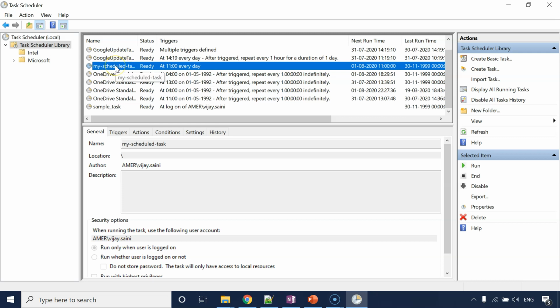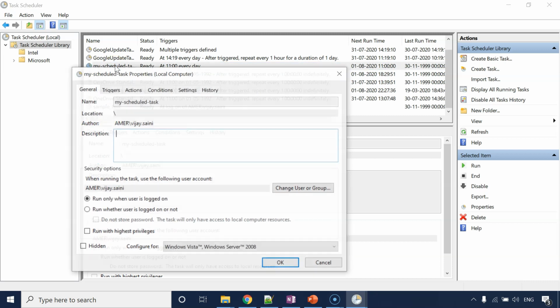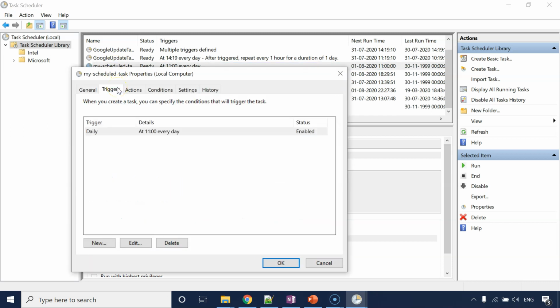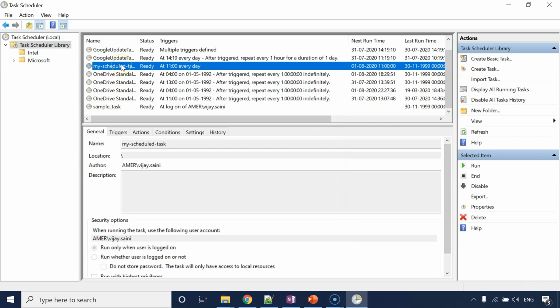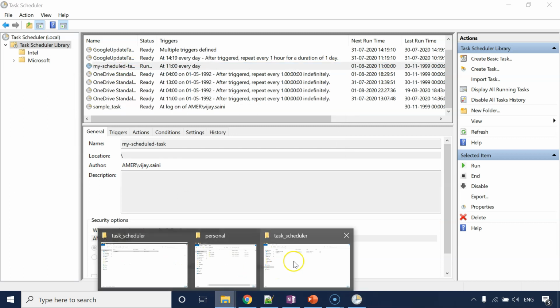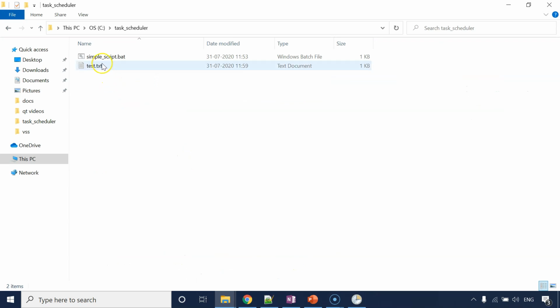So this task will automatically get executed as per the schedule we have defined, but I want to run it on demand right away. So let me run it and see in the path, and you can see this test.txt file is created over here. Well and good, right? So this would mean that automatically our scheduled task executed and created this file, right? Because this file will not get created unless we execute this script, right?